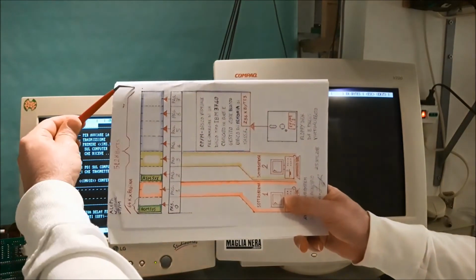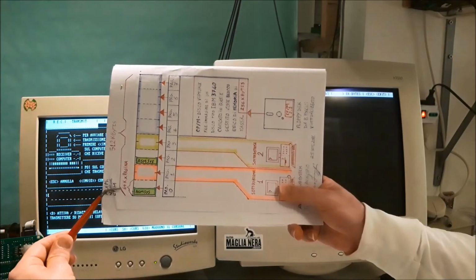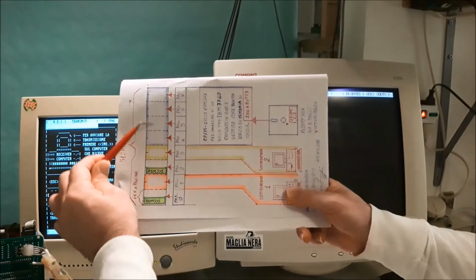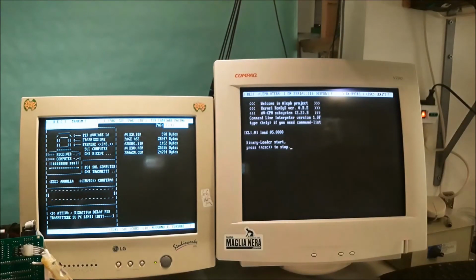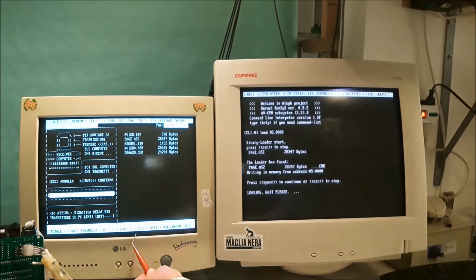This is the memory of the Aleph machine. The program will go here. Now start loading from the serial port. The PC is transmitting